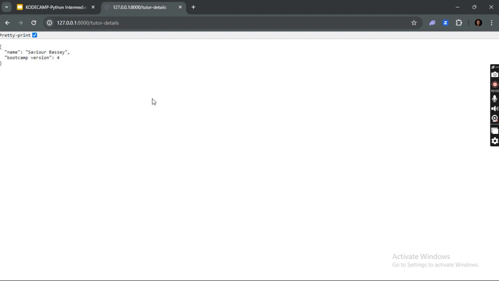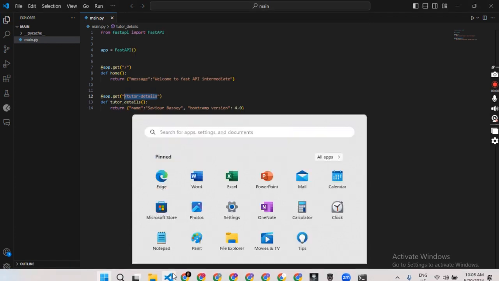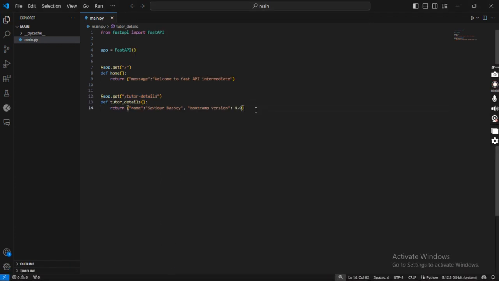So it's that simple, right? You could say that in the space of minutes we were able to come up with one endpoint. So with two endpoints, sorry. So we could also have other endpoints that also carry other requests, right? So please note that it's not only get requests, we have a lot of requests. We have the post request as well. So you can also have a post request that should say submit details. Okay, that should be submit details, and then give it a function name, submit details,